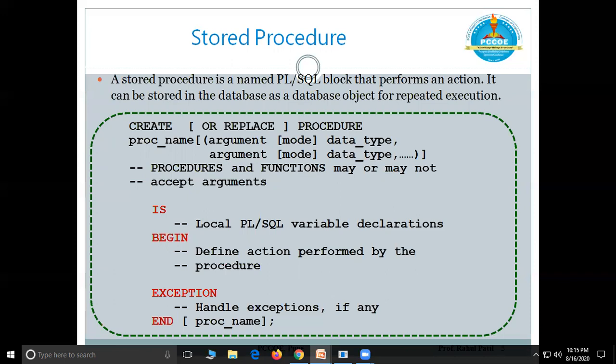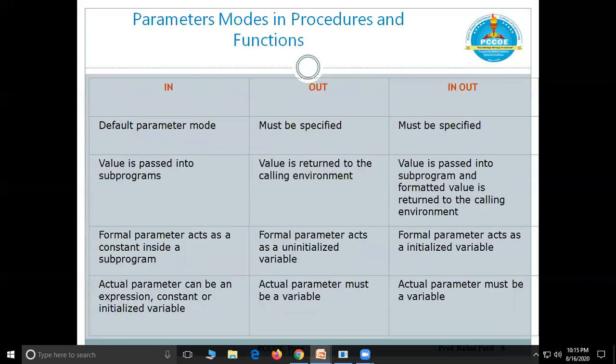If you want to handle exceptions, as we have already seen in the anonymous block, the same way you can handle them in the exception section. Then you end the procedure. While ending, you can write END and the name of the procedure. If you don't write the procedure name, END and a semicolon is sufficient. So this is the syntax for creation of a stored procedure.